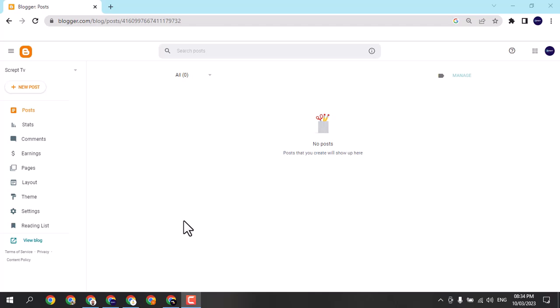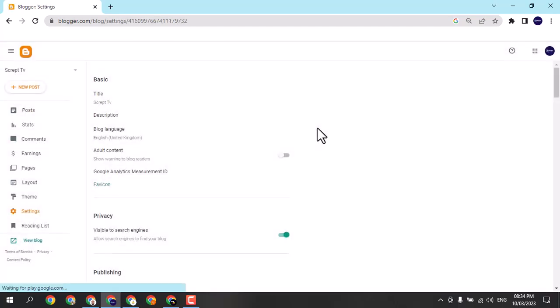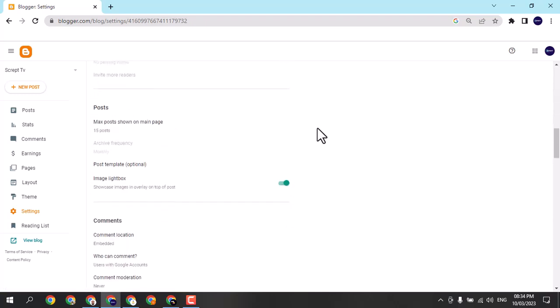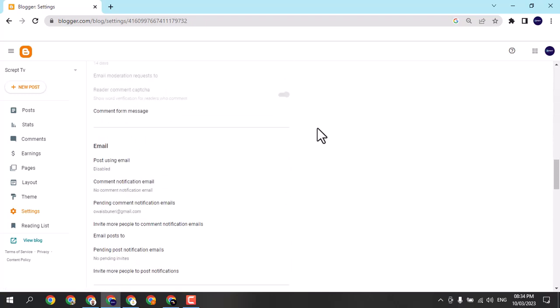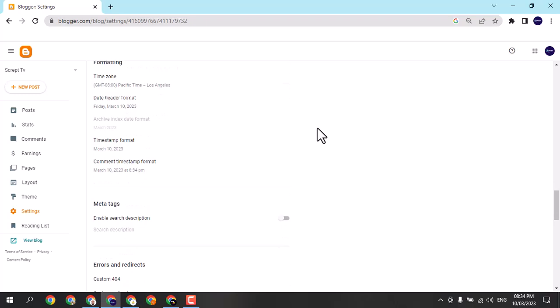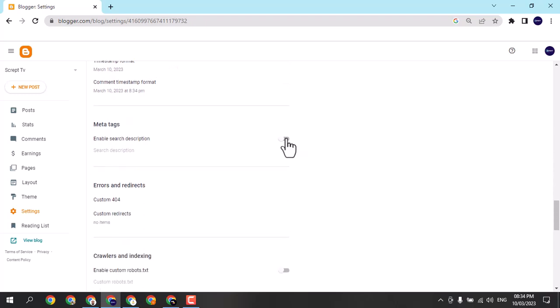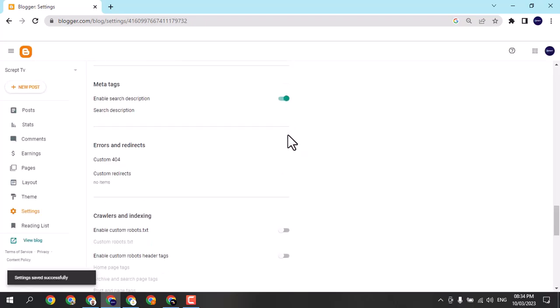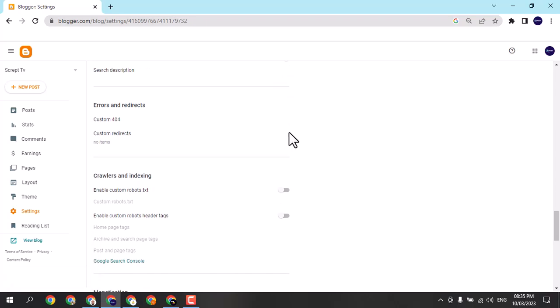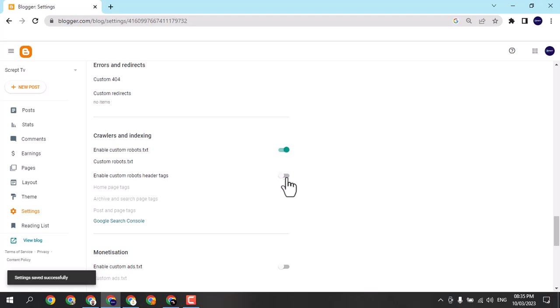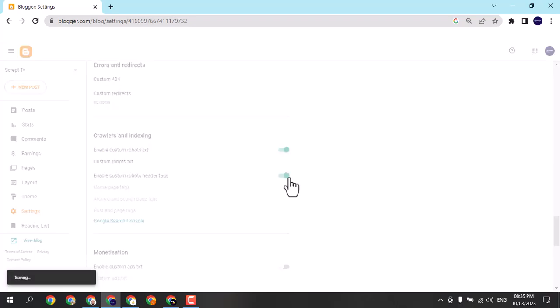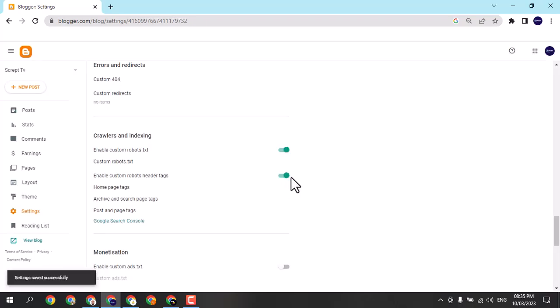So let's start the class. Open your blogger, go to the settings menu, scroll down to meta tags, open this custom robot settings, enable header tags. Okay,